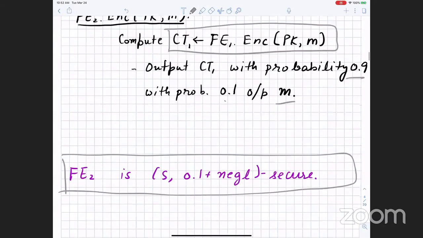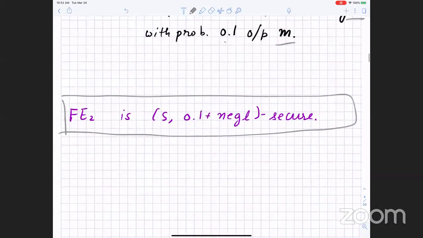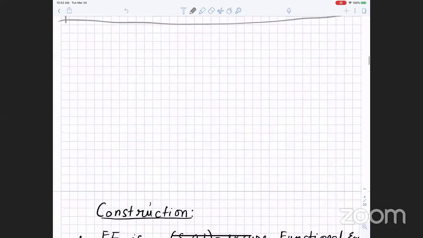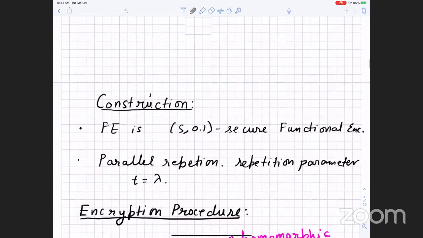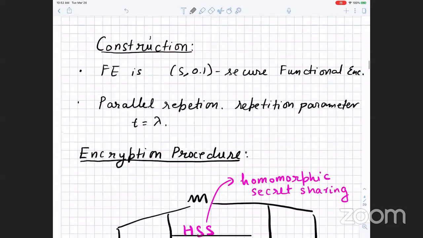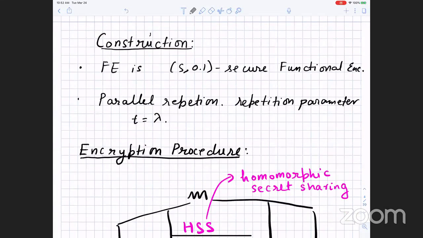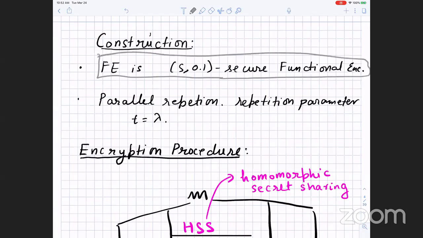Okay, so now let me come straight to the construction. Here is the construction. You have an ingredient, which is a 0.1 secure functional encryption, which is gifted by God. And then what we want to do is construct a fully secure functional